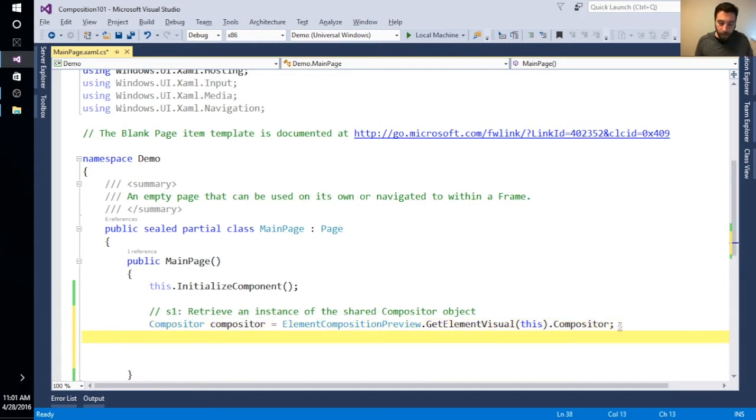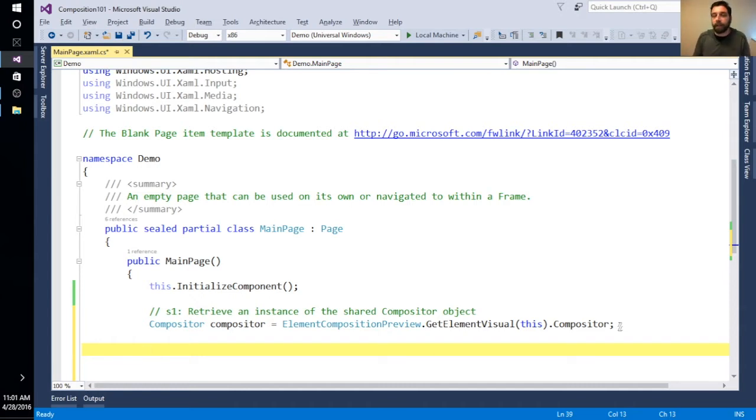So once we have our compositor, the next thing we want to do is start to build out some of our composition object primitives. One of those primitives is a visual. Visual is our base class, and we have some derivations of that. We have sprite visuals, which are little boxes that hold content. We have container visuals that allow you to group visuals together into trees. We're just going to touch on that, but we can go into more detail later in another video.